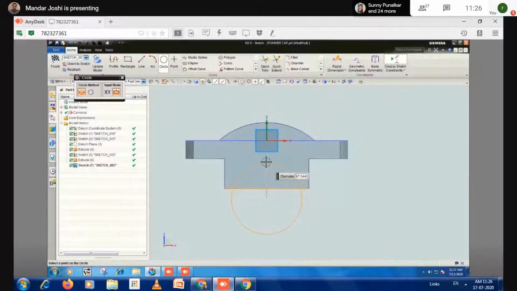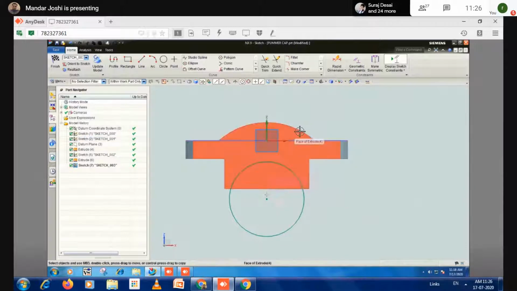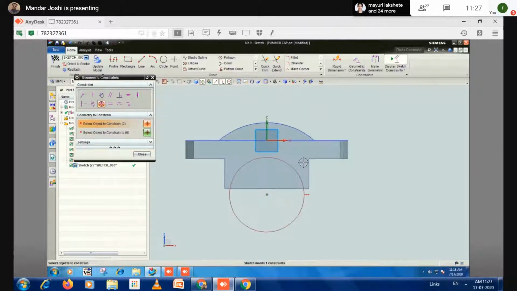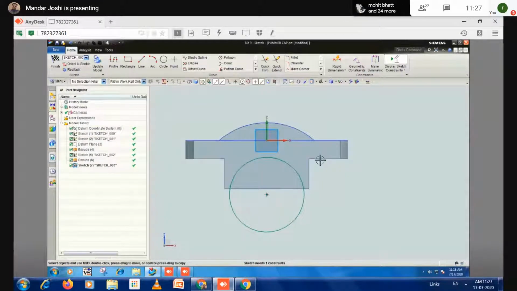Draw circle. So this arc center, outermost radius, and this circle center should be the same. So which relation do I need to use? Geometric constraint, concentricity, correct? So select this outermost arc and this circle. Now both become concentric. The distance between this point and this line becomes 24 automatically.